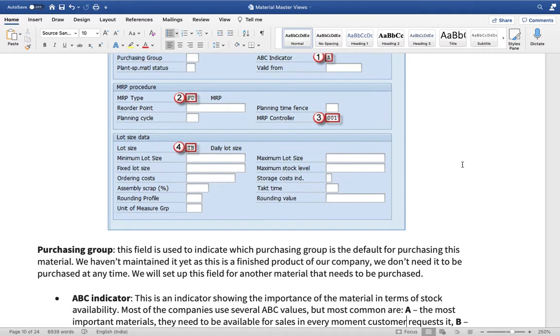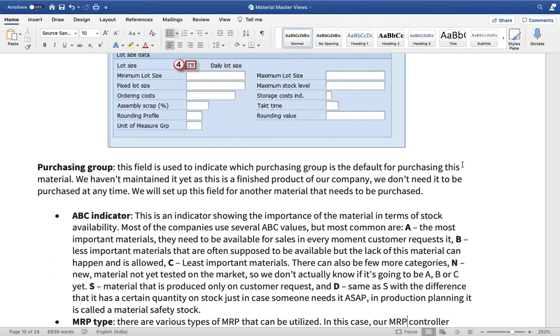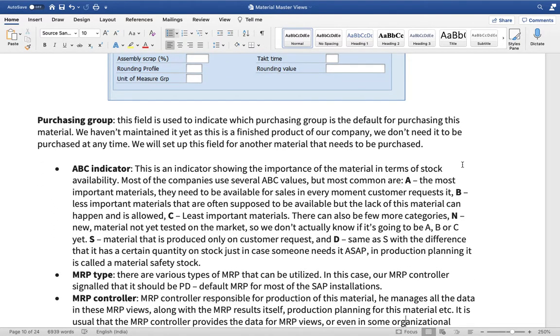In MRP type, we normally define whether the standard material resource planning program will be applicable, or depending upon the customer's requirement some other special programming is to be done for the planning. Those kinds of details you can mention.